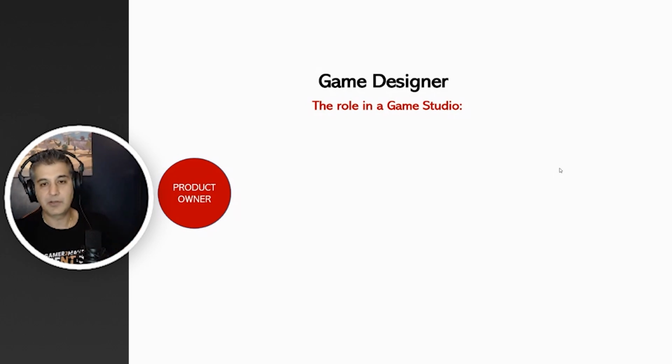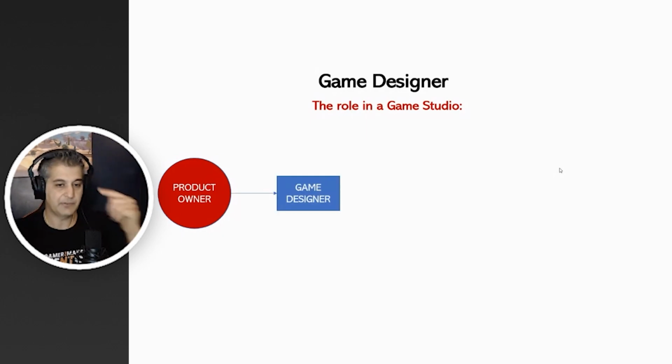If you're making a game by yourself, you're going to make that decision, but the game designer usually is told what to do by the product owner, who's some boss, some executive, or some guy who knows the market really well. So the product owner tells the game designer, hey, listen, we're going to be building a top down tank game. It's going to kind of look like this. Here's a reference game, use this game as a reference. Our competitor is this, and this is how it needs to look, etc.